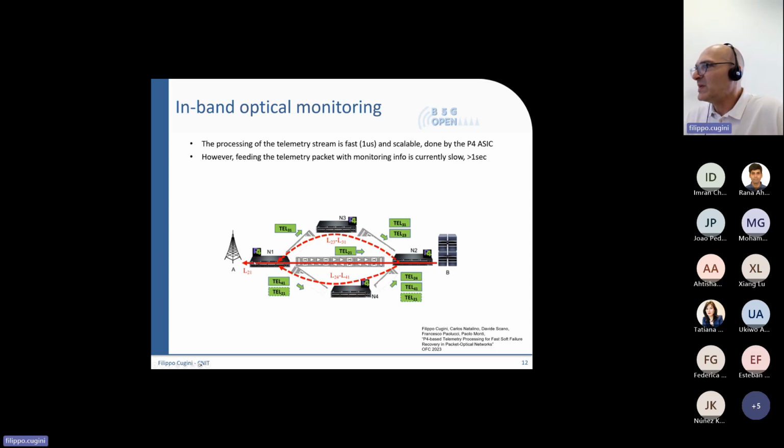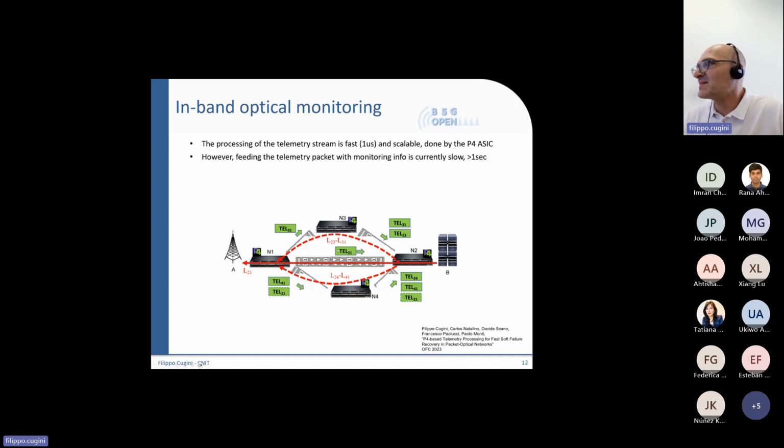And so what happens? We have this working path, then suddenly something happens, and this node is aware that there are two alternative routes, but is not aware of the performance experienced by this link, this link, this link, this link. So it doesn't have enough visibility, but it's not a problem.